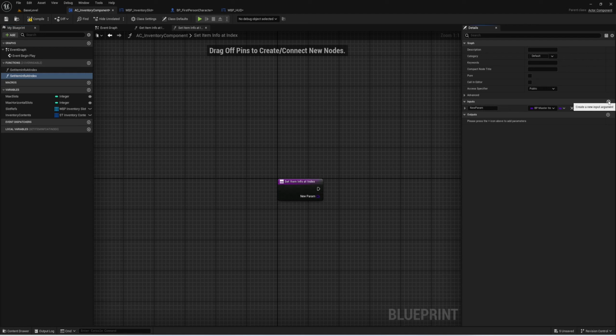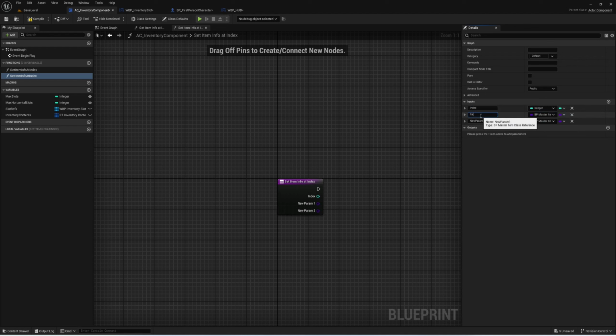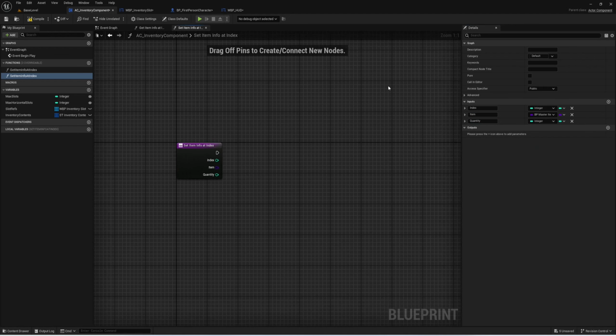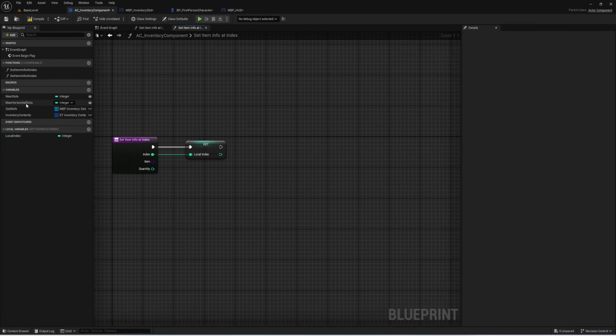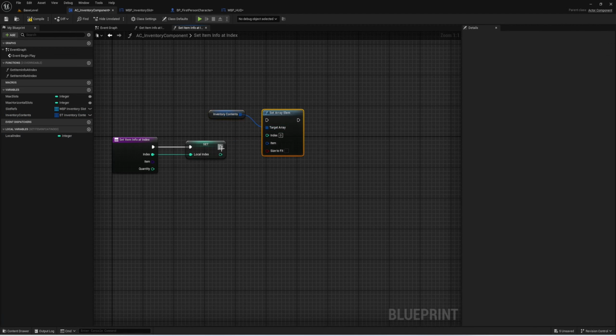It's going to have three inputs. First one is an integer called index. Second one is the item. Third one is the quantity, which is an integer. This is not a pure function. Right click your index, promote that to a local, call it local index. Get your inventory contents, set array element, index is the local index, item and quantity is just to plug in